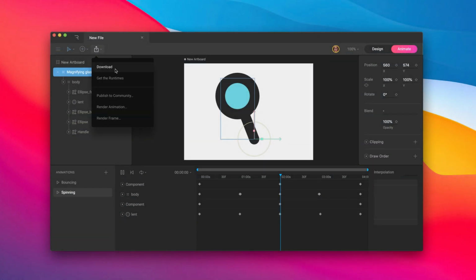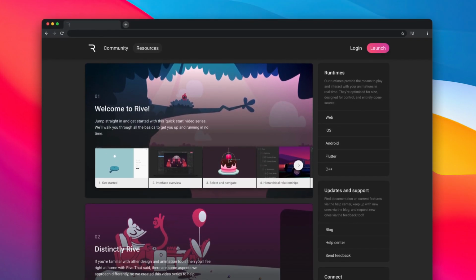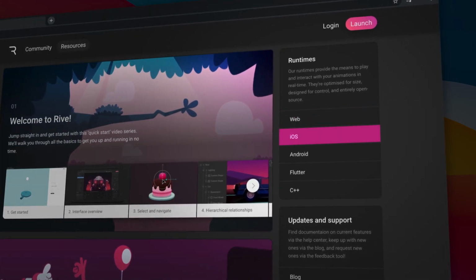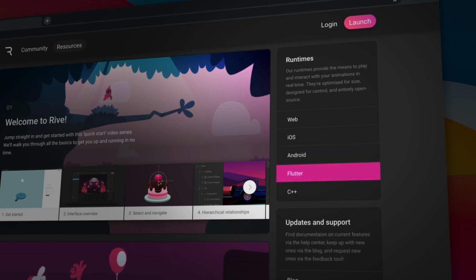Our runtimes are all open source, and you can find a complete list of them on the resources page. This is an ever-evolving list that currently includes web, iOS, Android, Flutter, and C++, as well as a number of